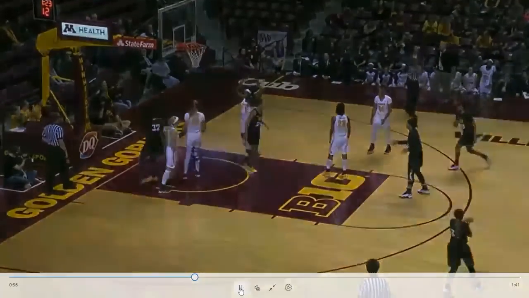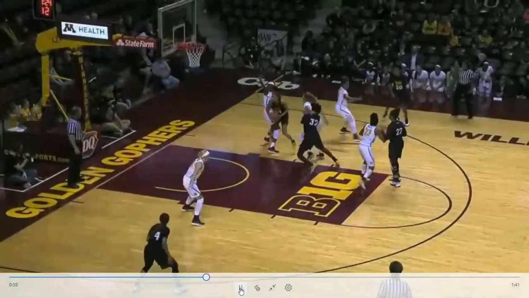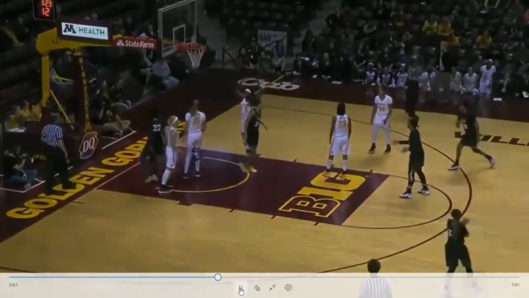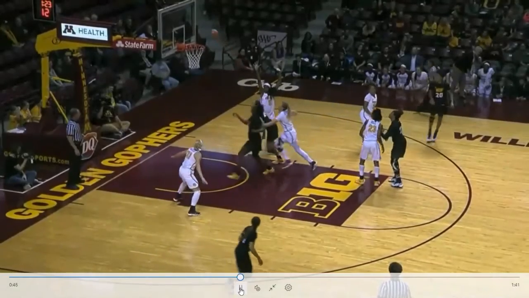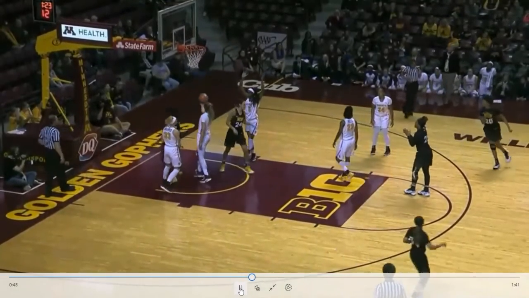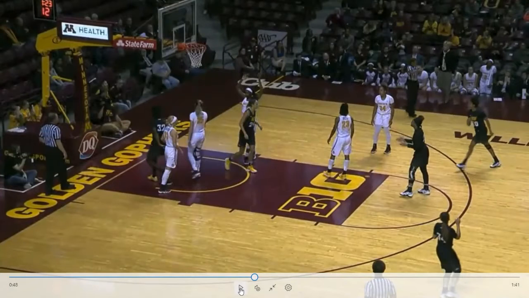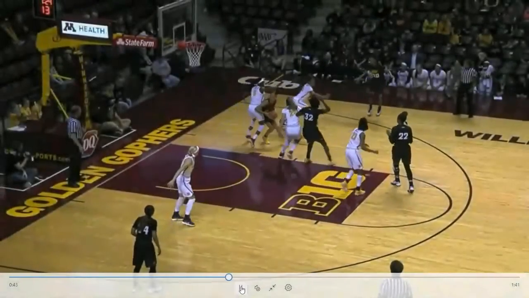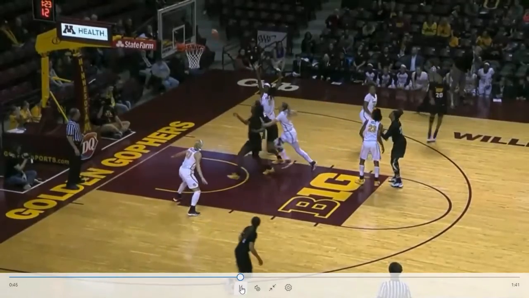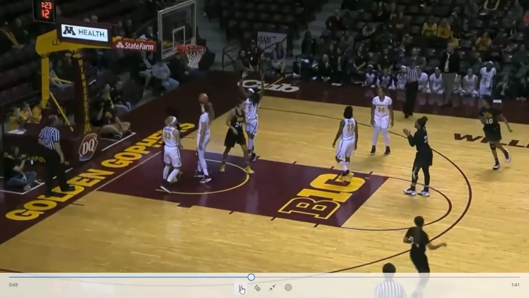I kind of do. If you go back a little bit, she's trying to get the right leg out and try to ride them out of the key there. You see her just kind of right there early on. Maybe the call should have been made a little bit quicker, but I think I see the right knee trying to catch the offensive player as they're trying to make their move to the basket. We'll take a look at this one more time. She definitely moves into her there. I would agree, Brian.